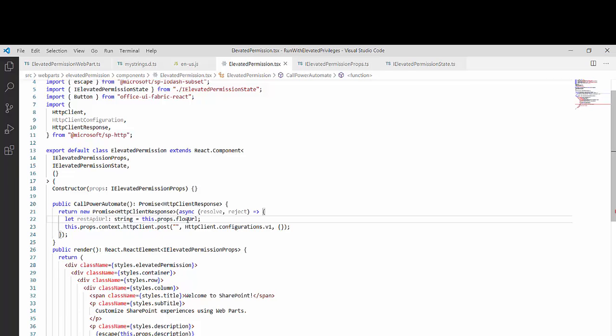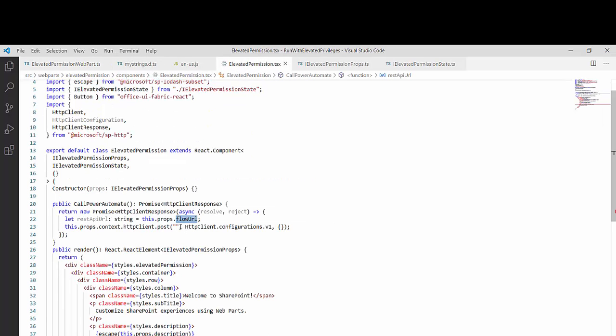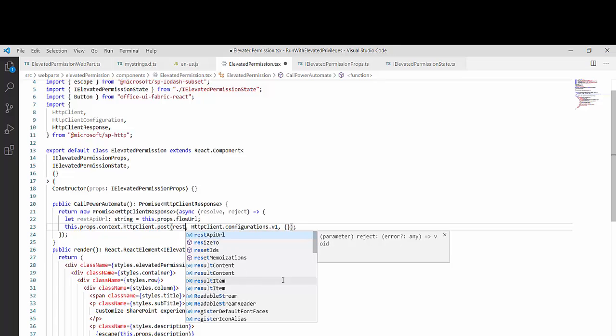We use this React property flowURL, and React gets its property from the web part property, from here where I am passing this.properties.flowURL. When I deploy my web part, I will edit it, and in the properties pane configuration, that is my web part properties configuration, I will pass the flow URL, and then it will get it over here. So over here I will pass REST API URL.